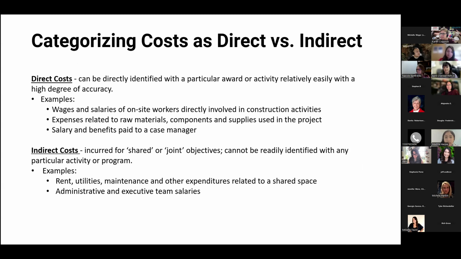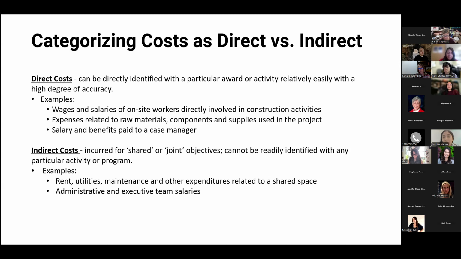I think this is mine. Hi, I'm Medea Huck. I'm the housing specialist with the City of Redwood City. As you're working on your budget for your applications, we just wanted to give a brief overview of indirect costs versus direct costs. And if you have specific questions about your agency or the rate you wish to use, definitely reach out to whatever entity you're applying to, because again, these are really brief overviews.